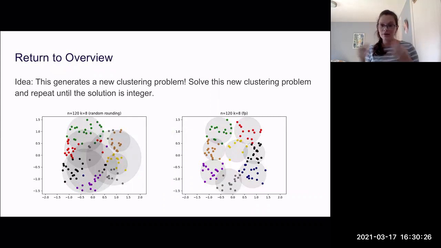And to give another visual representation of the difference between these 2 roundings, this is using the same underlying data. One is using the randomized rounding on the left-hand side and the resulting clustering, and it's actually the best out of 50 rounds of running that random process. And then the right-hand side is doing the iterative method, where you then return the end clustering. So you can see that the clusters are much more succinct on the right-hand side, and the points are much closer together, and we've actually improved the objective function. And in this case, it looks like a more natural clustering.